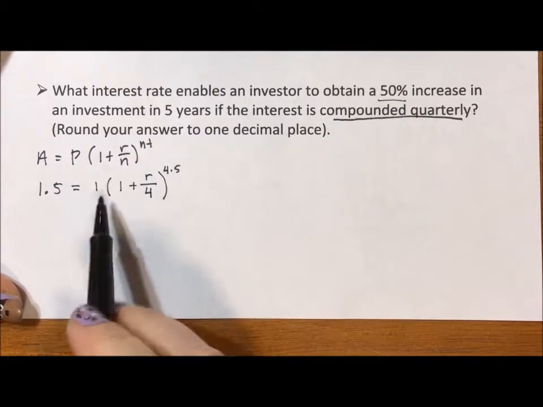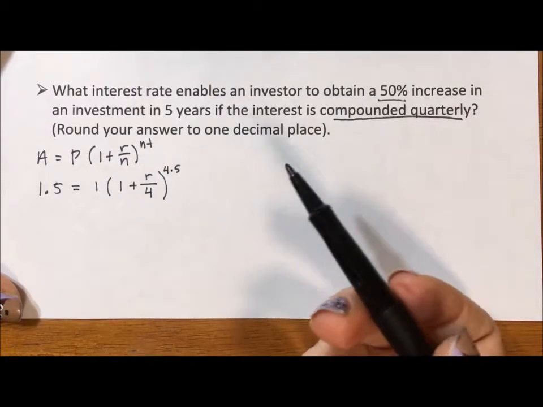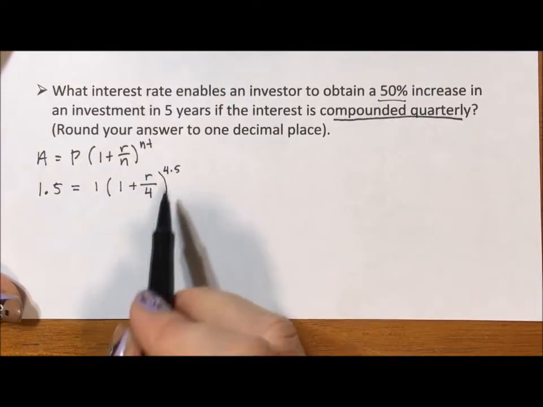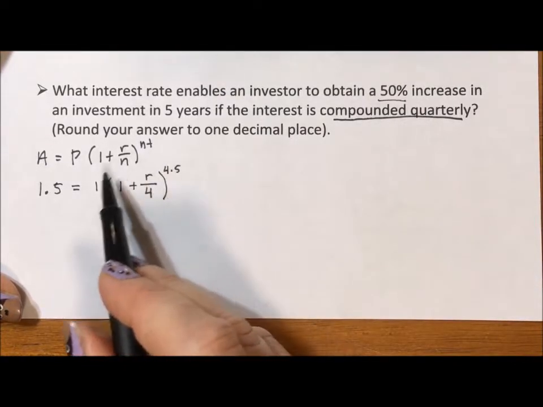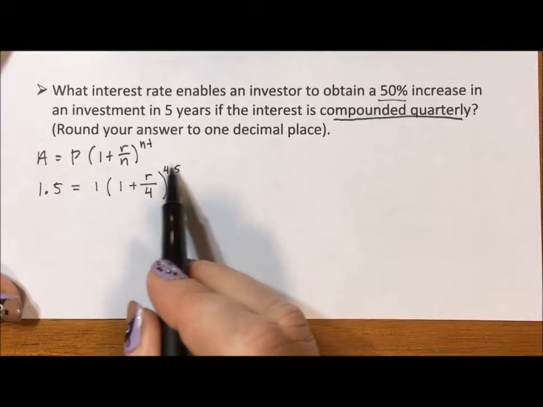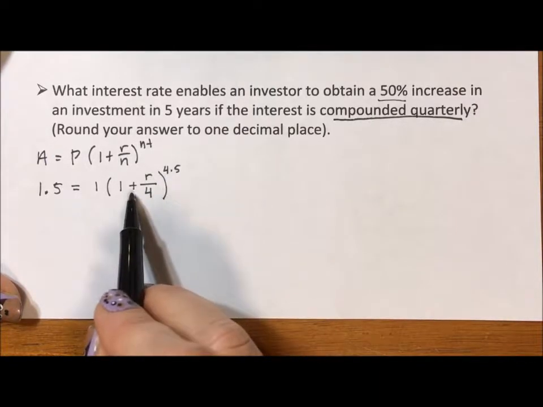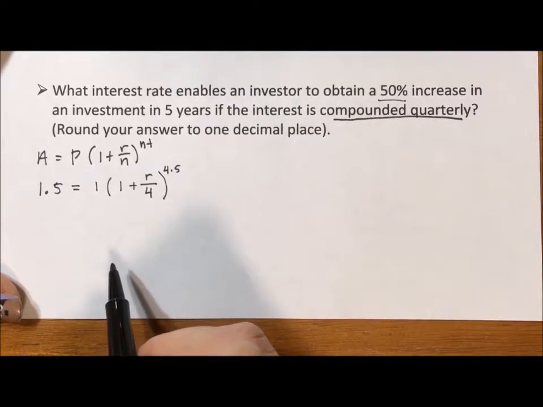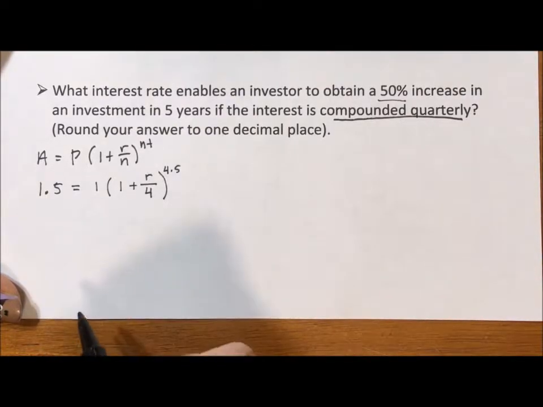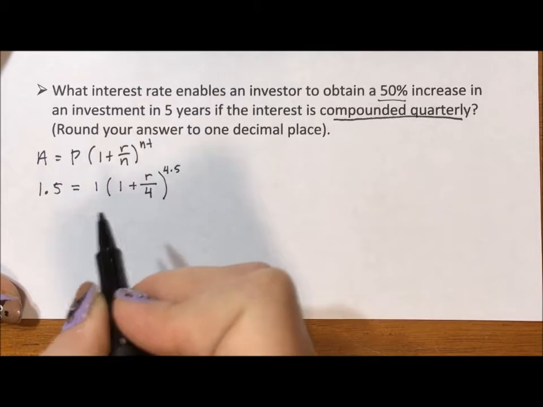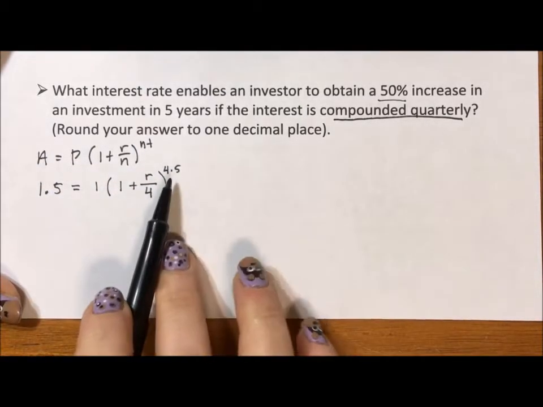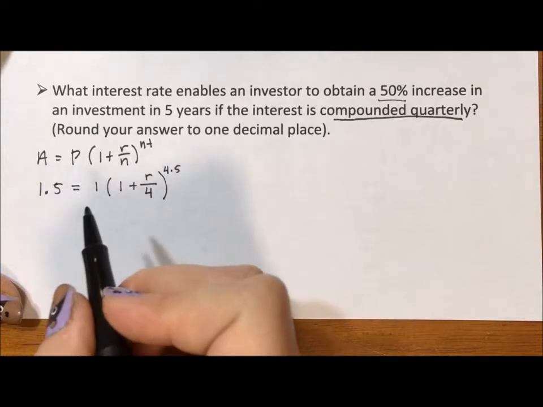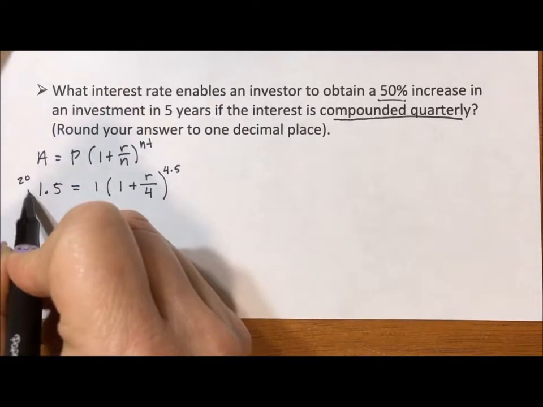I don't need to divide by 1 because anything divided by 1 is itself. But I do need to unwrap this set of parentheses. I'm not going to distribute this 20 in because there's a plus sign, and that gets into polynomial expansion, and that's just going to be a nightmare. What I can do is take the 20th root of both sides, because the inverse of an exponent is a radical. Now, I'm going to write this as the 20th root for now,